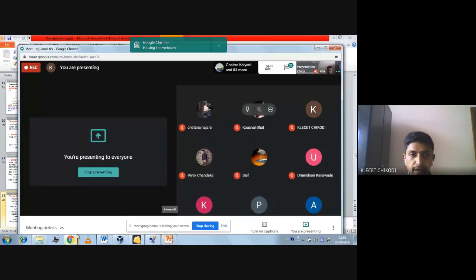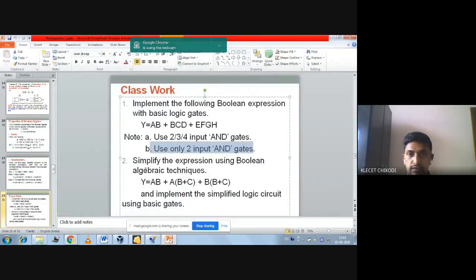Fine. Anybody has solved the second one? Simplify the expression using Boolean algebraic techniques. So here what you have to do? You have to simplify the Boolean algebraic equation first. After that, whatever the simplified equation you are getting, that equation you are going to implement using